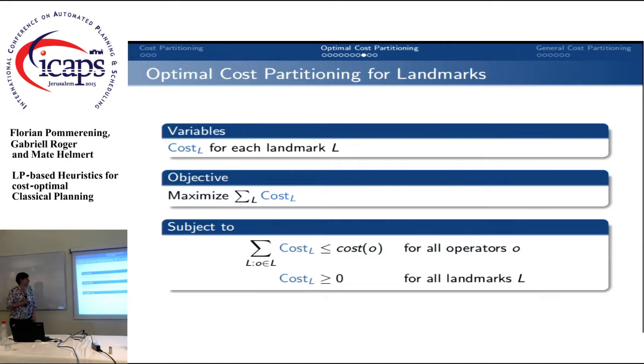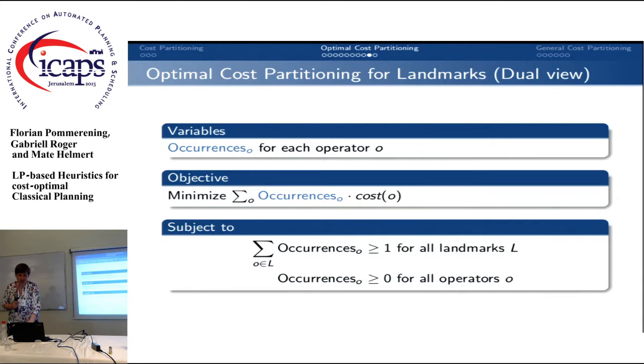This is like the flavor of the originally introduced optimal cost partitioning for landmarks, which is a maximization problem, as we had before, where I said we maximize the sum of the heuristic values and optimize for that. But I find the intuition behind this is not as easy to see, so I don't want to explain it in detail, but instead want to show you the dual perspective with the dual LP, which is much easier to